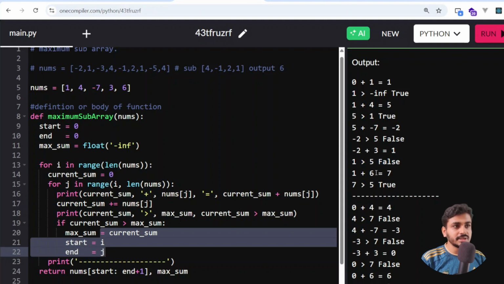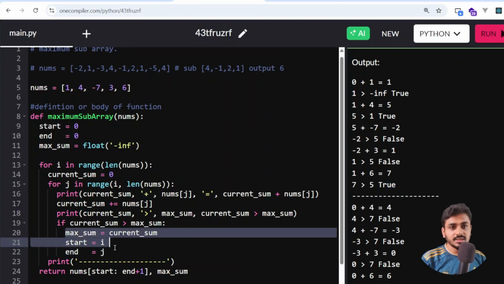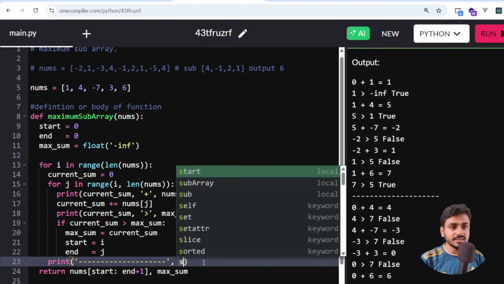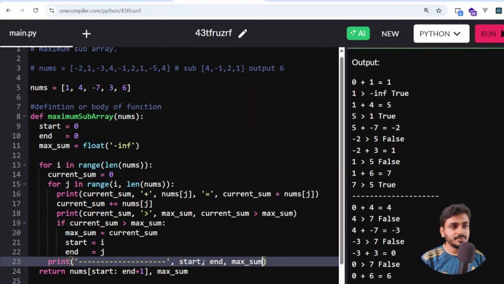won't execute. And the next one is 6. So 1 plus 6 equals 7. Is 7 greater than 5? Yes, definitely, so it returns true and this code will be executed. So now, after the first iteration, for the maximum sum, start position and end position,